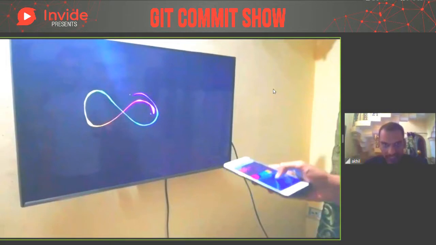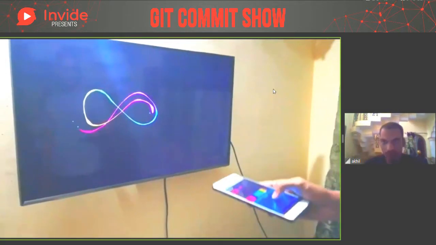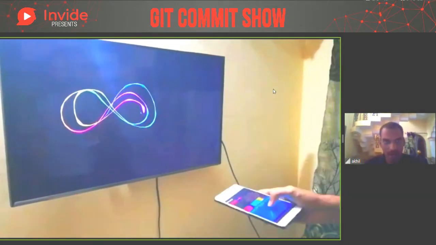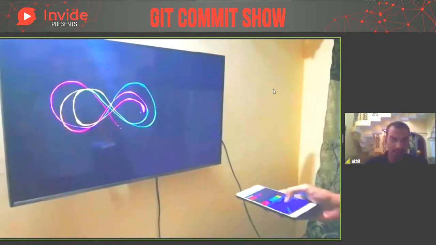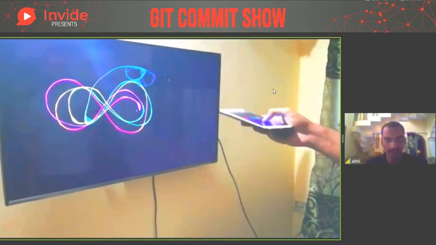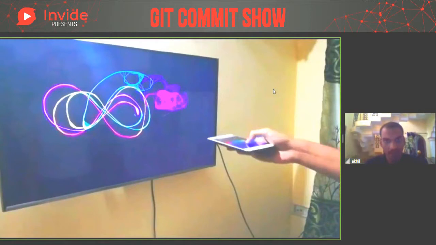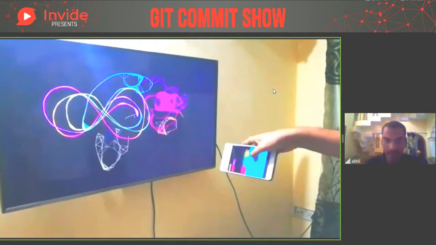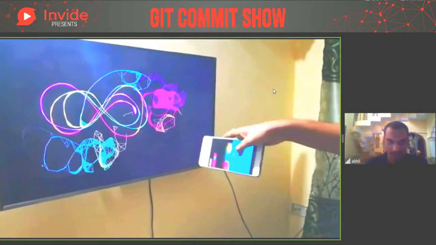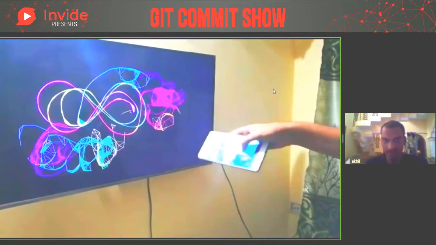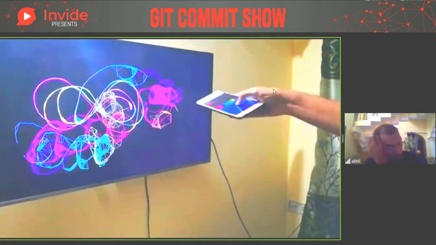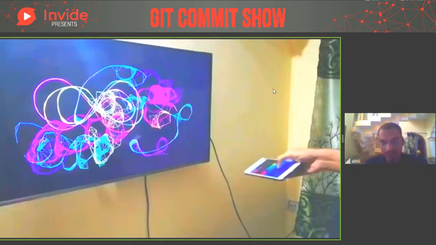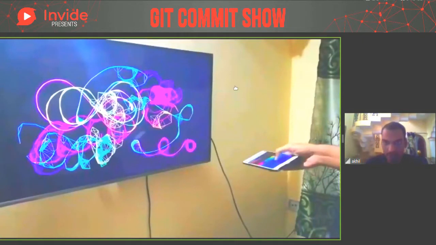So this is a phone. We have a smartphone and a TV screen. We can connect the smartphone to any TV screen or any computer screen using WebSockets or WebRTC, as even Byron used it for his communication video presentation. So we are actually using here two browsers that communicate using the device orientation.